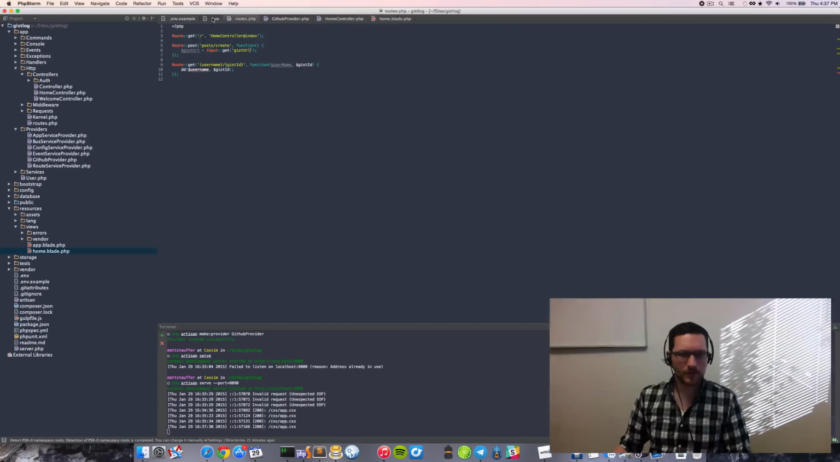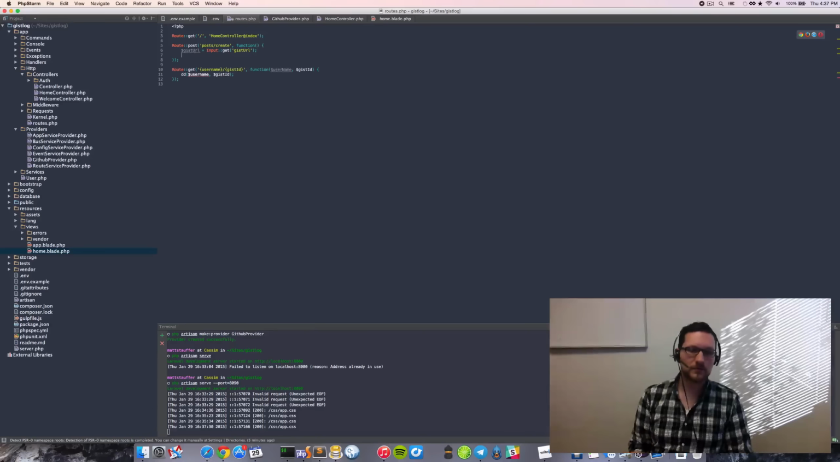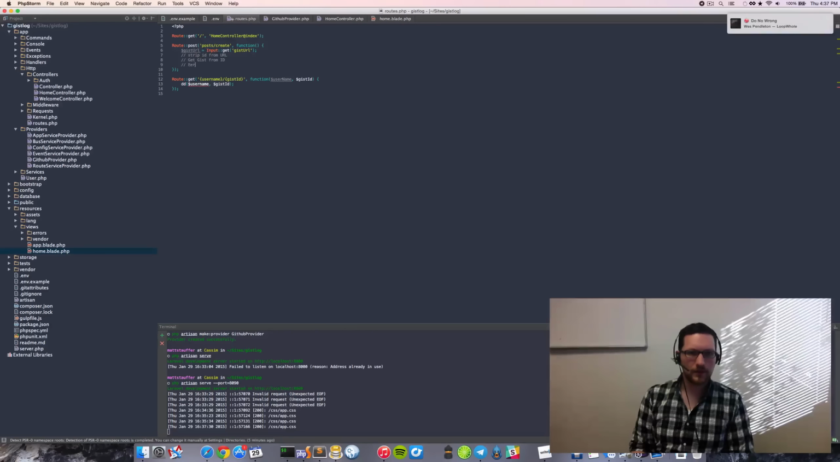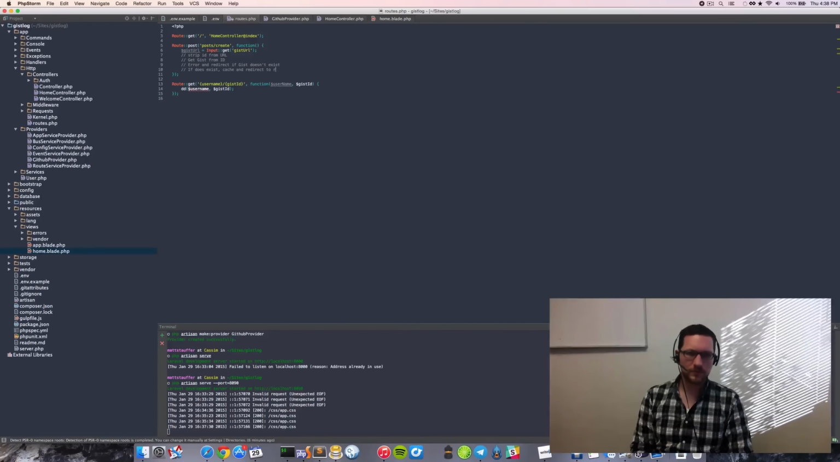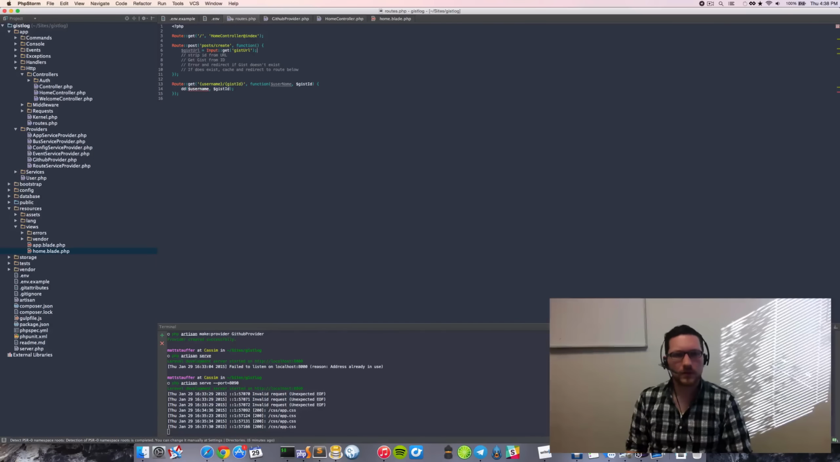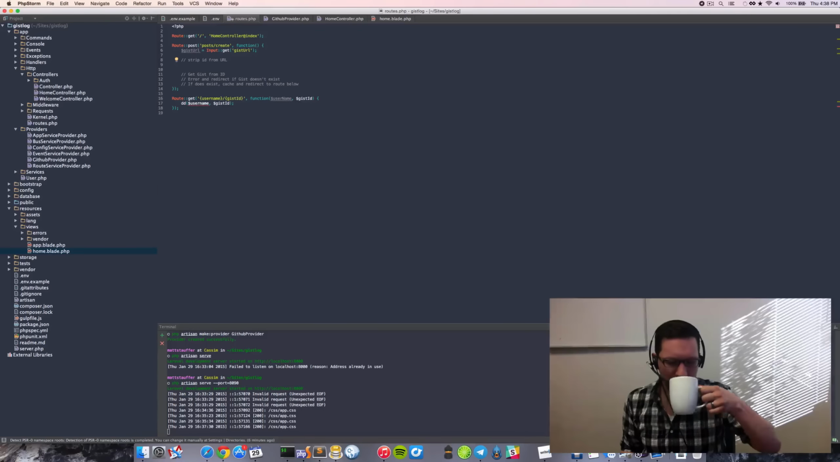Okay, so that's going to pull us into routes, and then of course we're going to strip the ID from the URL, and then we're going to get the gist from the ID, and then we're going to error and redirect if the gist doesn't exist. If it does exist, we're going to cache and redirect to the route below. Okay, so strip the ID from the URL. That's maybe regular expressions or something,